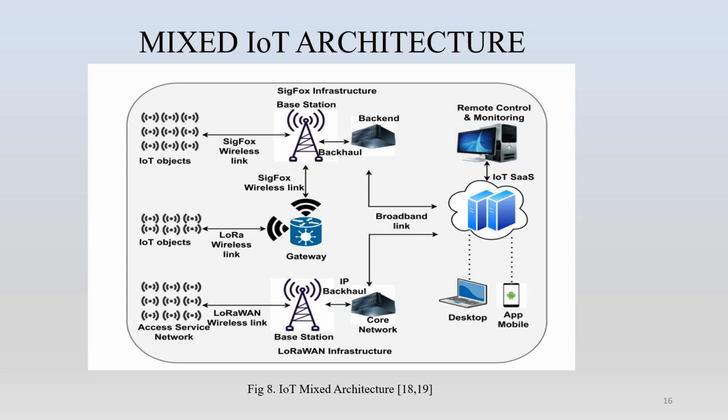So it has four main basic parts: IoT endpoints, base station, network server, and IoT SaaS, also called software as a service, using many communications to collect data. Coming to IoT endpoints, data are collected and transmitted by devices or sensors placed at different locations, and the networks used for transmitting are Sigfox, LoRa, and LoRaWAN technology.